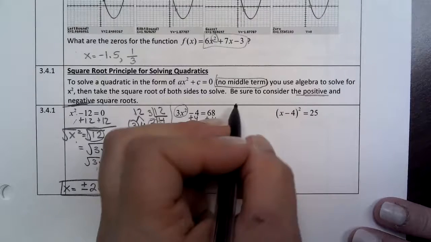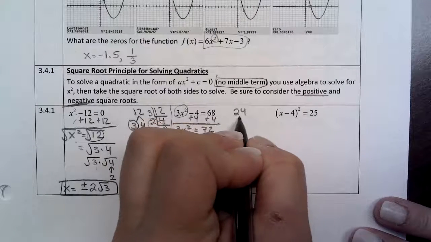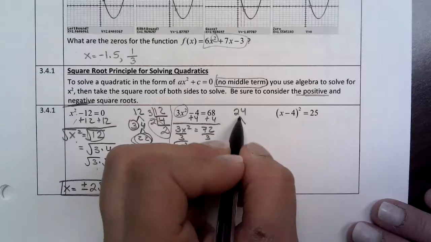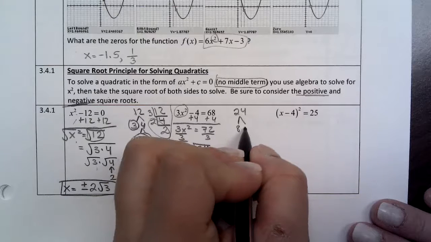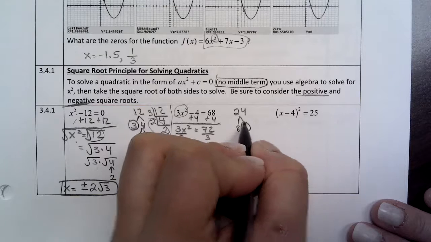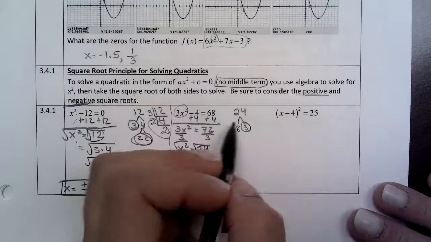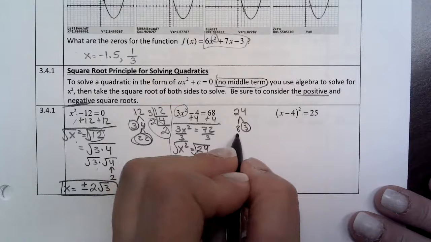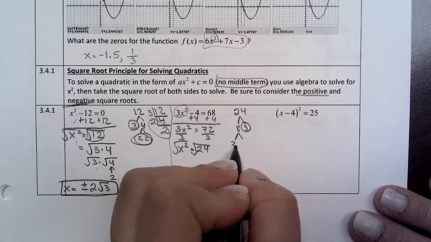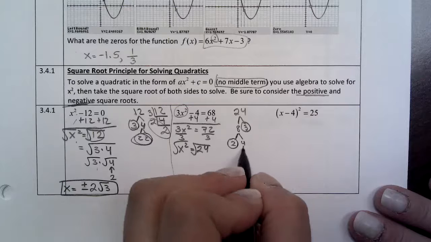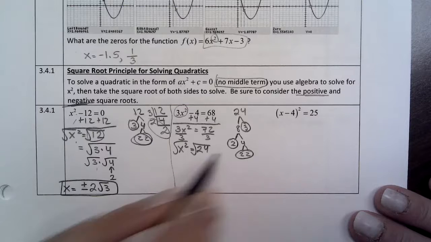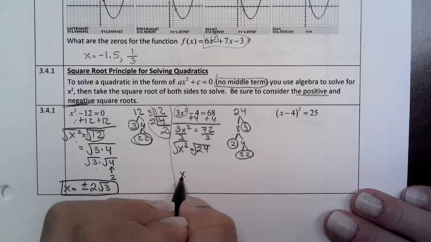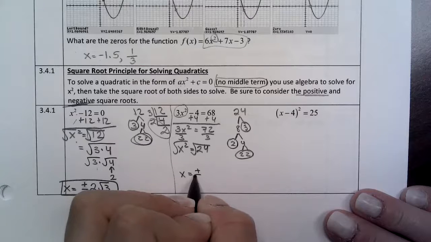Well, 24 is not a perfect square, so I'm going to have to break it down. I prefer the Christmas tree method. Whichever method you prefer is fine. So 24 breaks down to 8 times 3. 3 is already a prime number, meaning it's only divisible by 1 and itself. 8 is 2 times 4. 2 is a prime number. 4 breaks down to 2 times 2. So there's my pair. So what I'm going to write then is x equals plus or minus